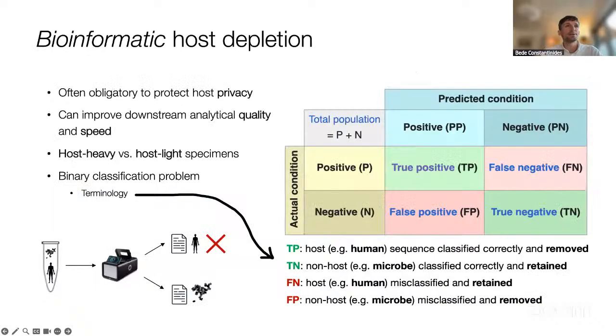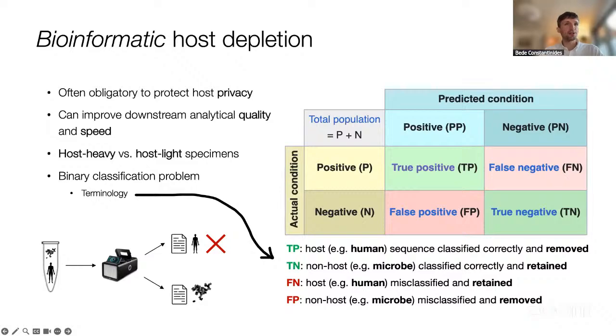So let's rewind. What do we mean by bioinformatic host depletion? We're talking here about removing sequences belonging to a host genome in which we are not interested. We want to discard sequences belonging to the host organism. When we try to DNA sequence microbes living on or in a host organism for research, diagnostics, or whatever, our DNA libraries inevitably contain some proportion of host sequences. And often that host is human, but certainly not always. We might be studying microbes of mice or of plants and so on.